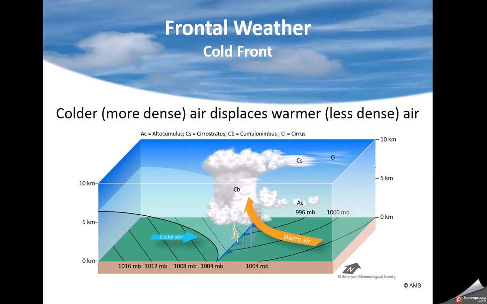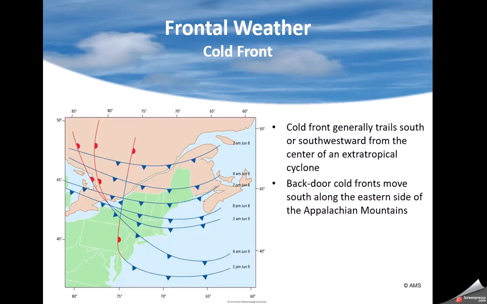Cold air is denser, so it's going to displace the warm air very quickly. When it does that, it pushes the air up faster, so you get more intense precipitation. Sometimes you get thunderstorms, maybe heavier showers. Here are depictions of different directions cold fronts can come down in the eastern U.S. This is a typical backdoor cold front, one I kind of hate on the East Coast, because you notice the high is always to the north, and it's always pulling the air in off the Atlantic Ocean.